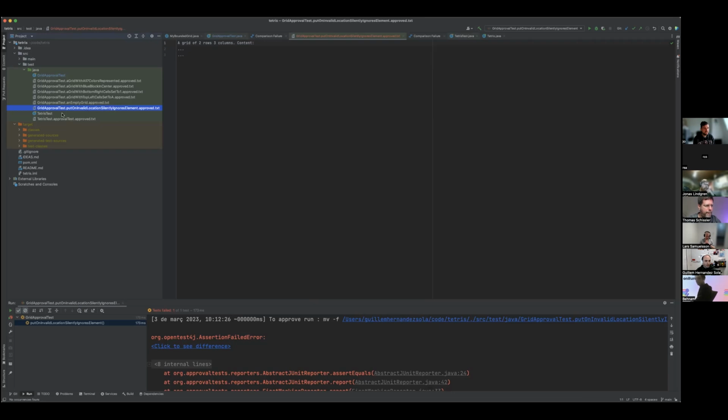Something like that? Yes, this is the new file that we are working on now. It will contain the golden master. So right-click the file, refactor, rename,